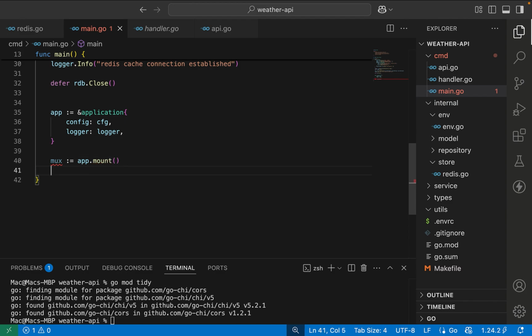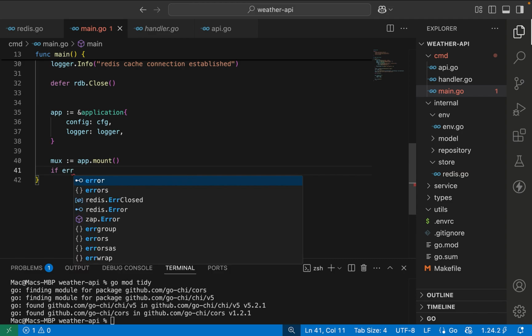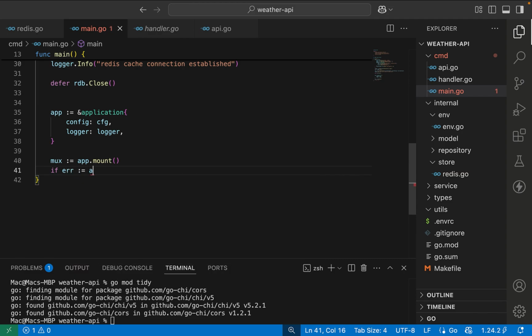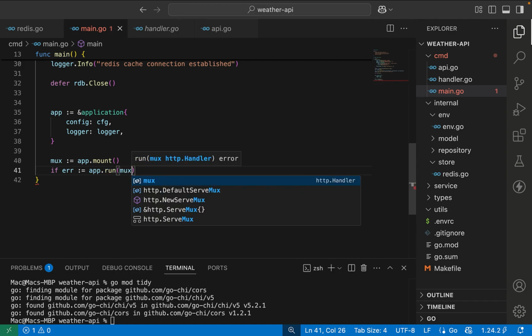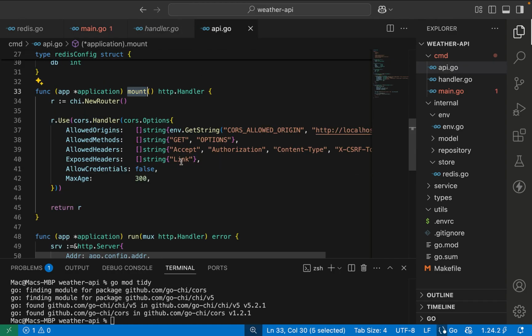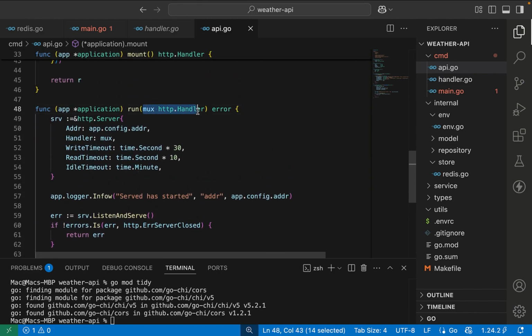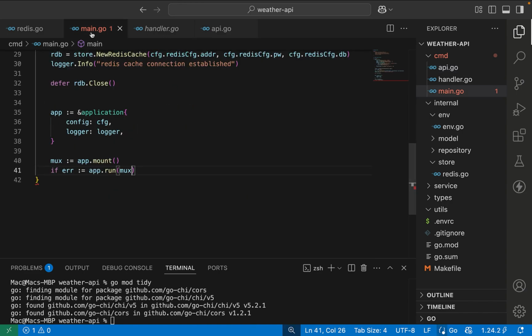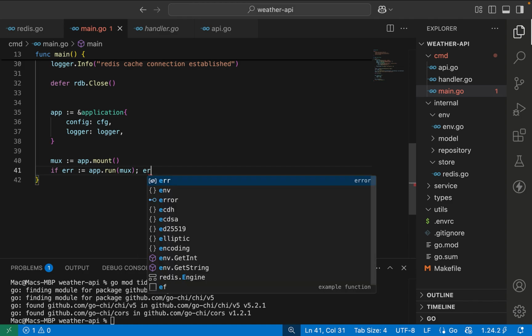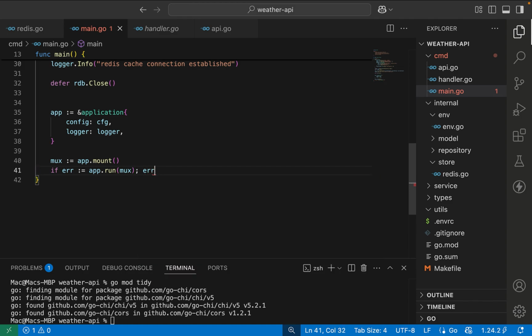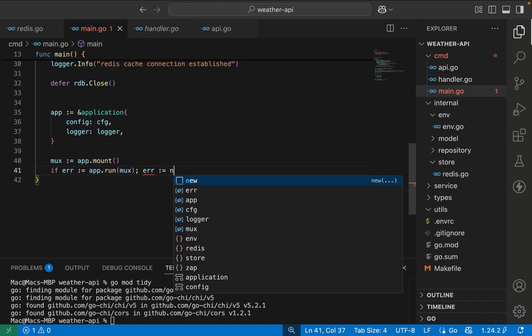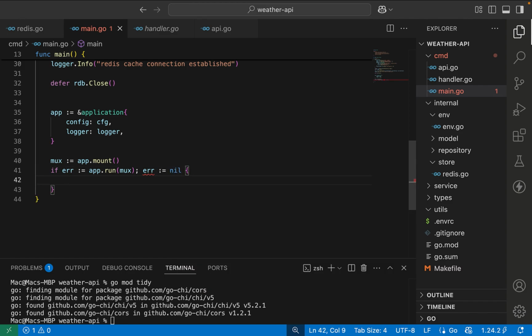Right, so then the next thing is going to be if error app.run. We are calling app.run, then we are passing in the mux. Don't forget that we can see that this guy is taking the router here, right? App.the mux.http.handler. Right, so the code is on my GitHub. We can have access to it. Then if it's not error,